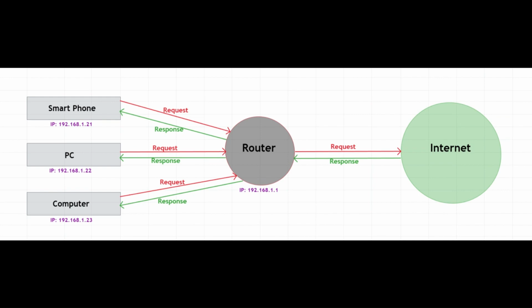So when we connect to the Internet, how do we actually pass through? As you can see in the image, we have 3 devices. Let's go through the phone. The router is a device that already has Internet. Other devices can also go online by connecting to a device that has Internet. So the phone makes a request to the router to connect. The router then makes a request to the Internet for this device to connect. The router receives the response packet from the Internet and forwards it to the phone. The phone is then connected to the Internet.